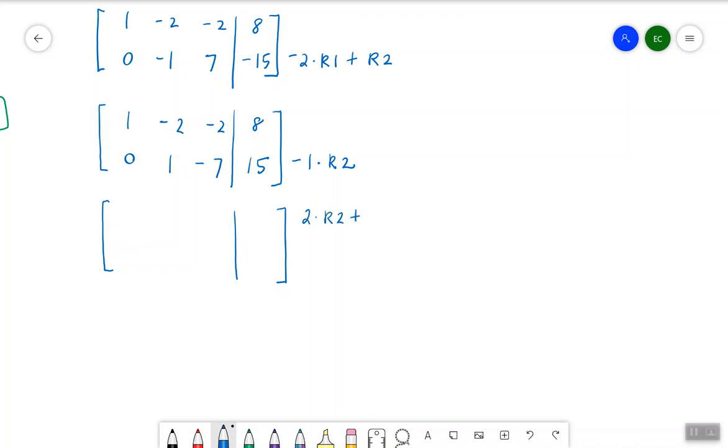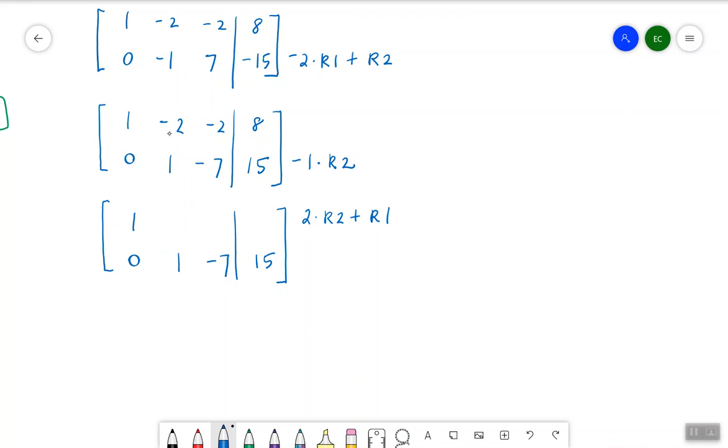2 times row 2 plus row 1. I'm going to copy down the second row since it's not changing, and then right up above it I'll write in 2 times 0 plus 1. Keeps the 1 that we already had, that we got a long time ago, and we want to keep it there, so that's good. 2 times